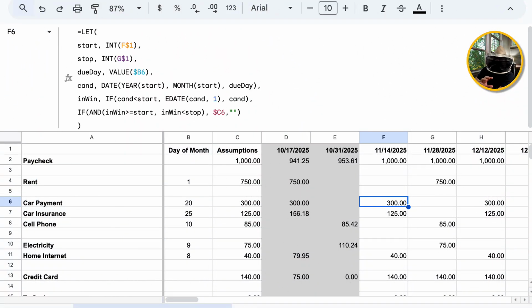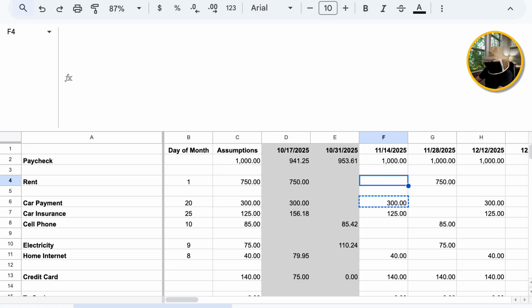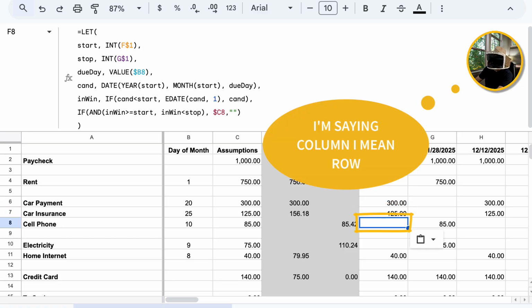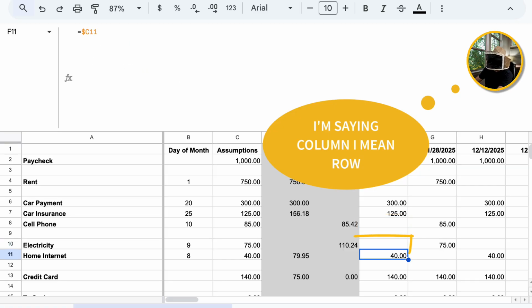We can copy the formula that we just wrote, and we can paste that into all of the cells that have a monthly expense aligned with them. So if I hit Control C here, I can paste that in to F4. I can paste it into the insurance column, F7. I can paste it into the cell phone column, the electricity column, the home internet column, and those are all